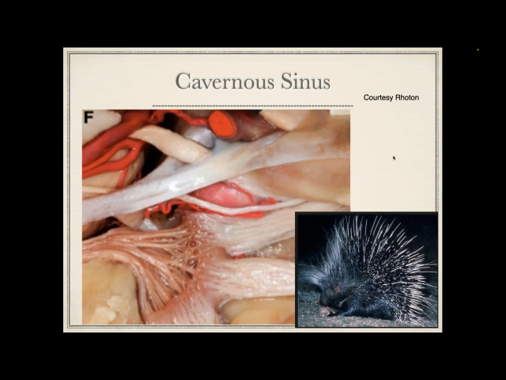Now, the cavernous sinus, this is an area, and this is actually an anatomy picture of the cavernous sinus. And basically what this is showing is that there are a lot of nerves involved here. All the nerves for movement of your eye, as well as feeling of the face and muscles for chewing. And so you can see trying to get into that area. This picture is taken from an open surgery approach like we would do a craniotomy, such as an open incision behind the hairline, for example, or even in the eyebrow or other things like that. But from an open perspective, this looks like a porcupine with all these critical structures facing up at us that we have to try to work through.